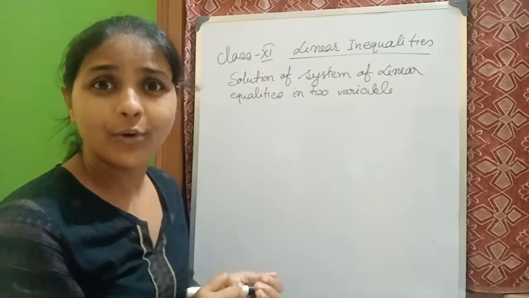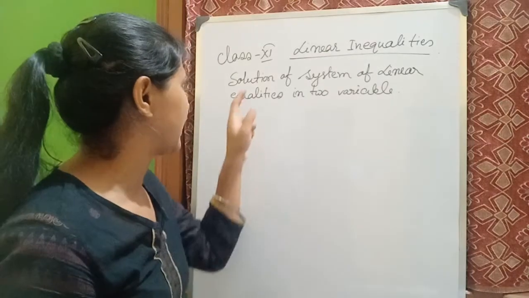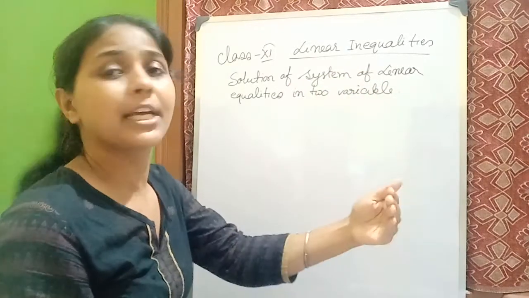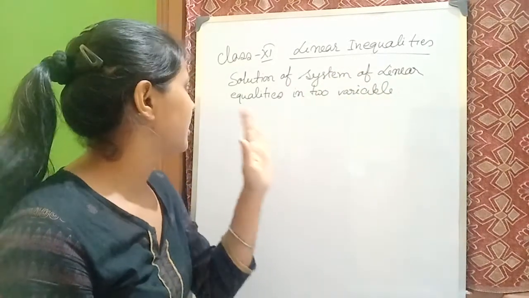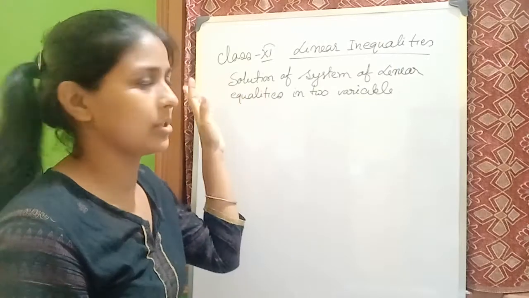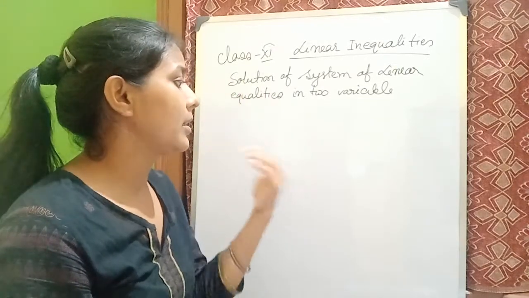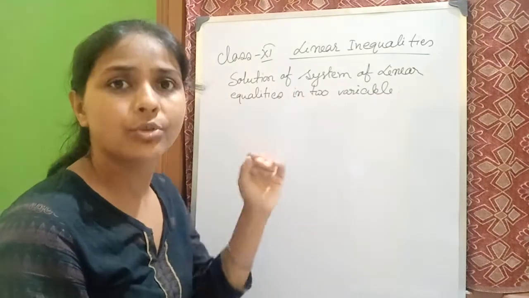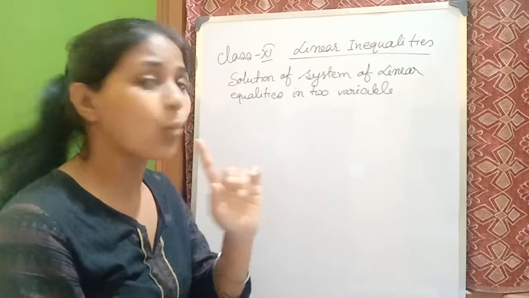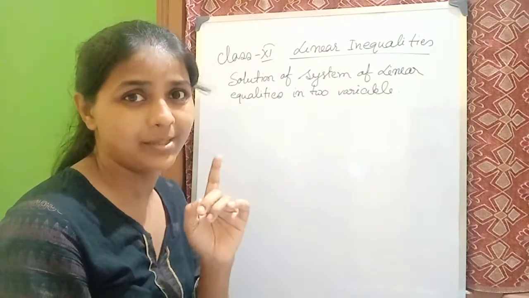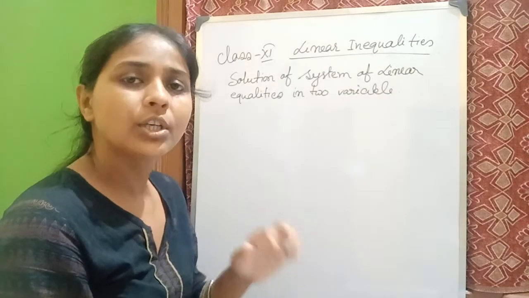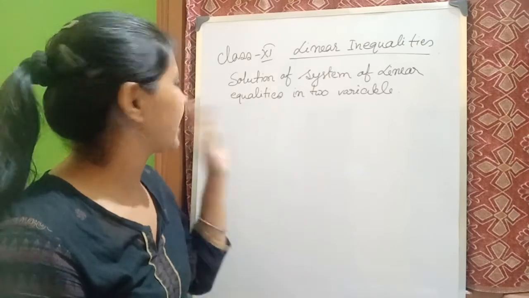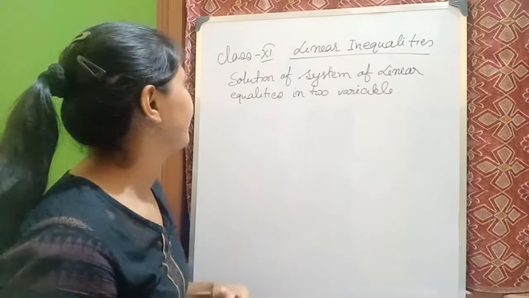Again, as I always tell you in my videos, today I'm going to do system of linear inequalities. That means there will be many linear inequalities to get the solution of. In a previous session we have already done finding the solution region of one linear inequality in two variables. If you want to check that video, go to my description box, where all videos are given. So let's get started for the topic today.